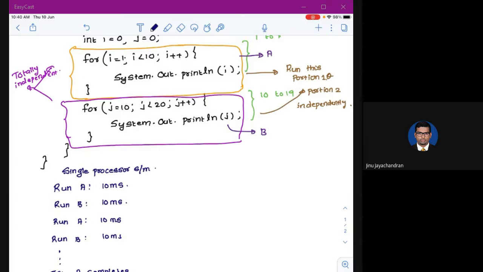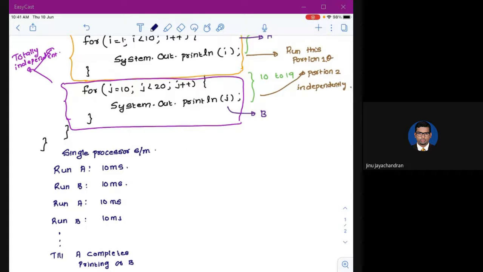Okay. Now what happens if you have, let's say, a Core i3 processor, which has two cores, or i5, which has 4 cores. If it's i7, they have 4 to 8 cores, 4, 6 or 8 cores. So let's say this is an i3 processor, which means there are 2 cores. One is core 1, another is core 2.